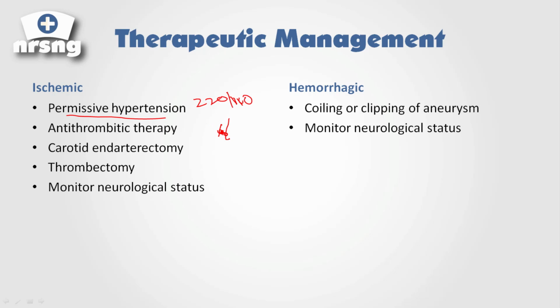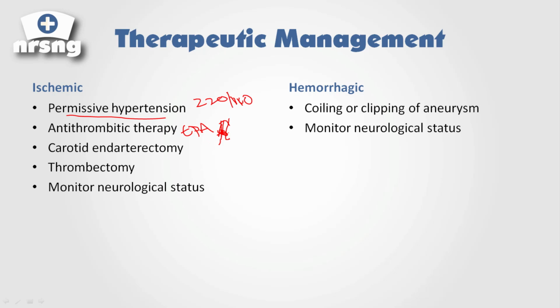And the reason for that is, remember, we have this clot here, right? And so blood is not flowing as it should. So we want to pump up that blood pressure to try to get as much perfusion as we can. Okay, so it's always fun with new nurses to watch them freak out when they see a blood pressure of 180 on an ischemic stroke patient. So we really want to get that blood pressure up and try to perfuse as much as possible.